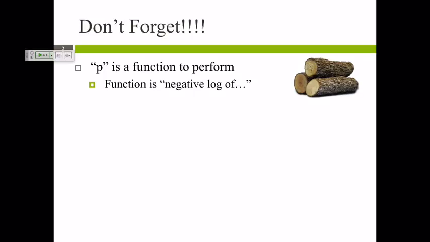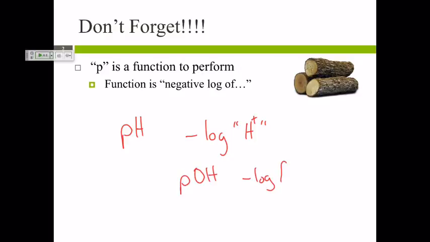So let's talk about this for a minute. Whenever you see P in front of a letter or in front of a number, it means we take the negative log of that thing that's next to it. So if we have pH, that means we take the negative log of H, and it's really a bit lazy. It should be pH plus, right? So pH is negative log of the concentration of H plus. pOH, negative log of the concentration of OH minus. So that P tells us that we're undergoing a logarithmic operation. And when we do that,